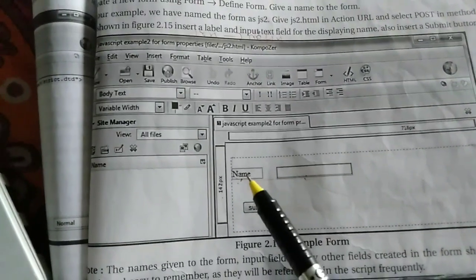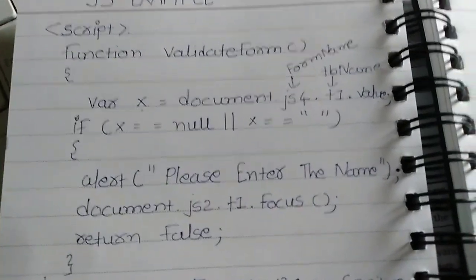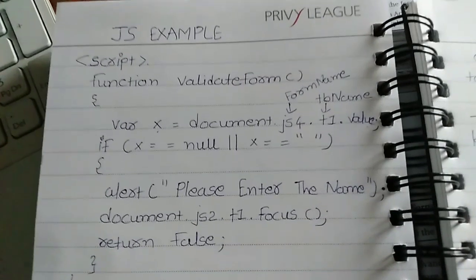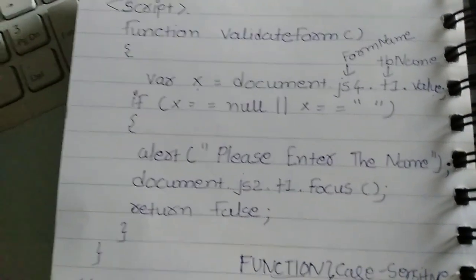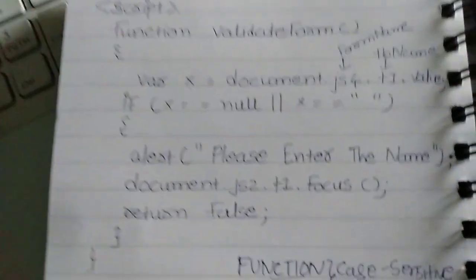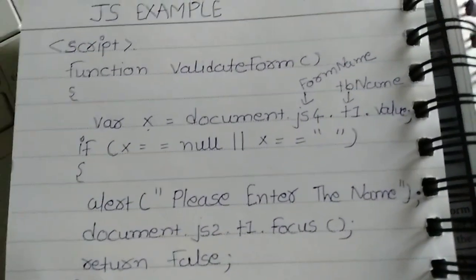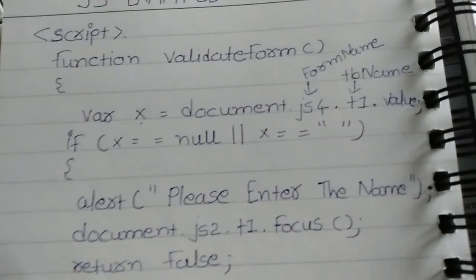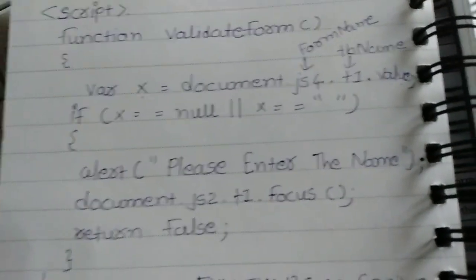For example, we are creating only name, but I want to create first name, middle name, last name, 3 text boxes. That's why I have to make a function. Because I want 3 text boxes and I don't want to write all this code 3 times. Simply you write it only one time inside a function, and you can use it again and again. Why? Because it is a function.